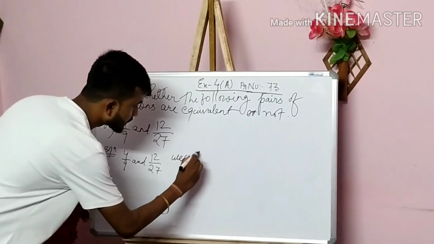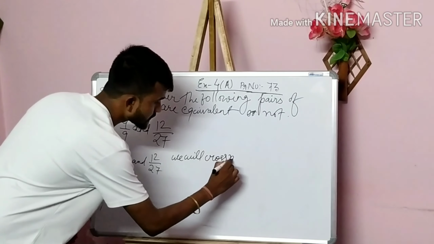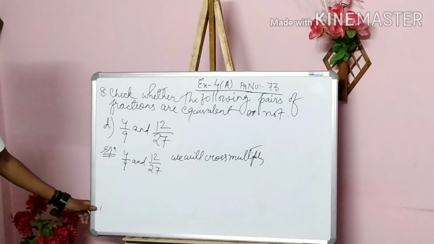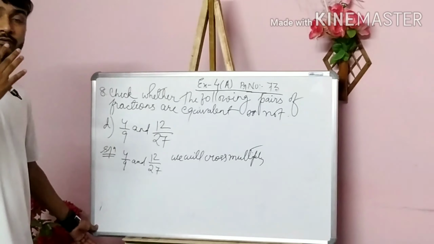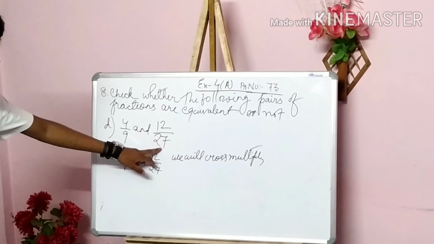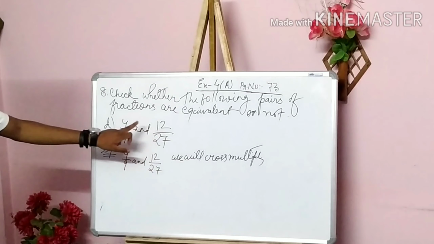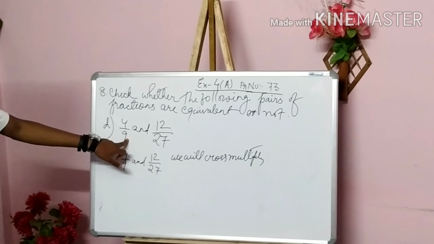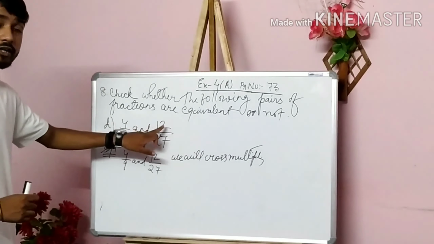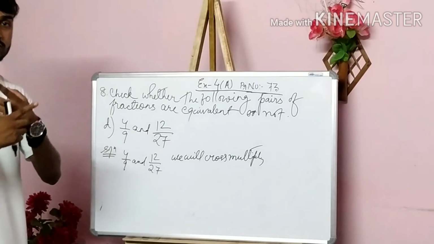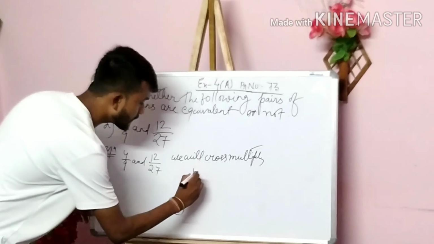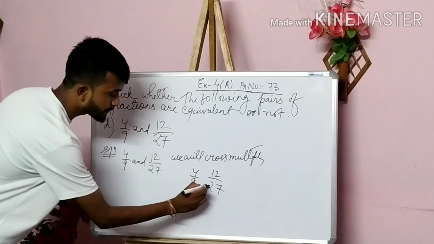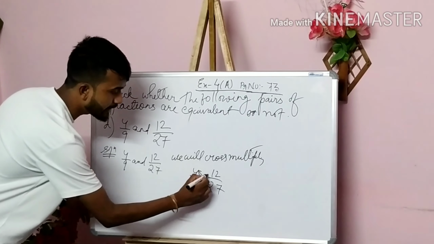With which numbers do we have to multiply? I am saying this one again. We will multiply the denominator of the second fraction with the numerator of the first fraction. Again, we will multiply the denominator of the first fraction with the numerator of the second fraction. That is known as crisscross. Okay, cross multiply. So just multiply this one, 4 by 9, 12 by 27. 27 will be multiplied by 4 and 9 will be multiplied by 12.